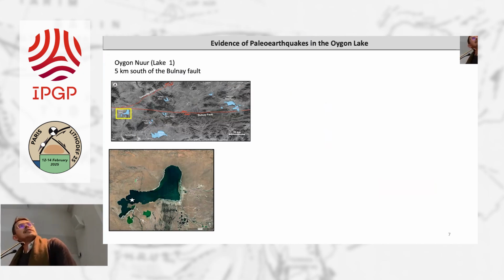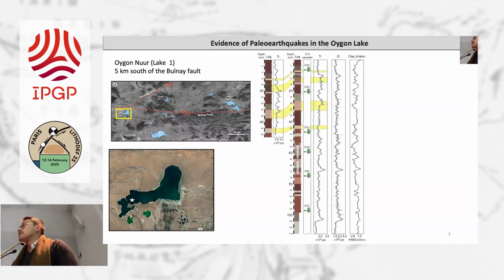And as you can see here in the satellite imagery, we are in a highly evaporitic environment. Those are salty deposits. And the white star represents the position in which we collected these cores. Here we have a short one and a longer one of about 1 meter and 20 centimeters. On the side, I represent the organic material that we collected from the cores in order to have a constraining time of these cores. And I have some chemical logs that were essential to recognize these paleoevents.